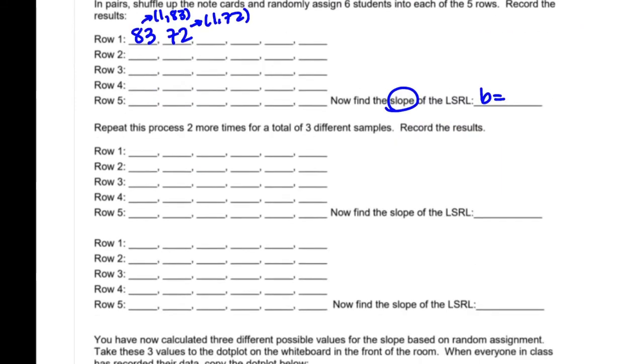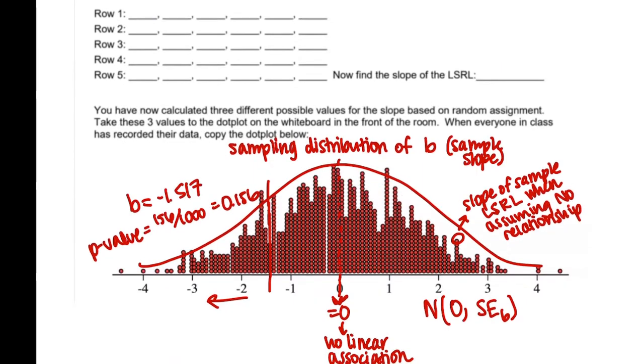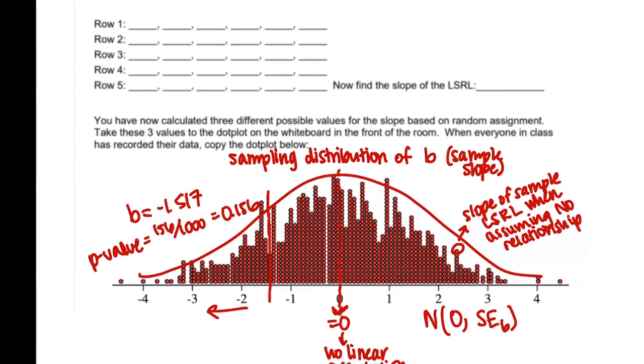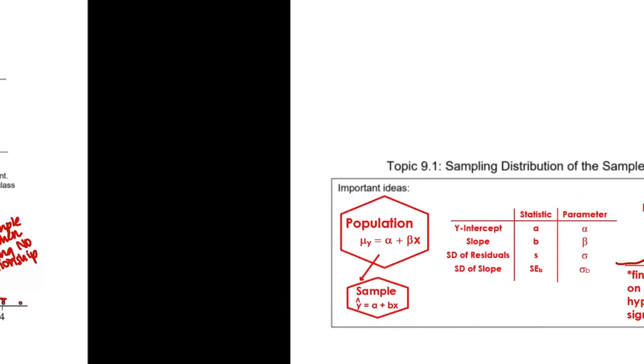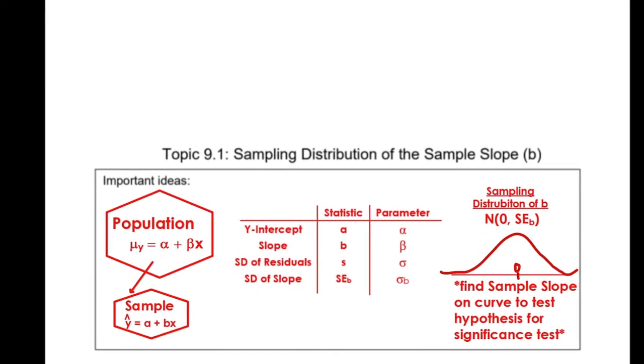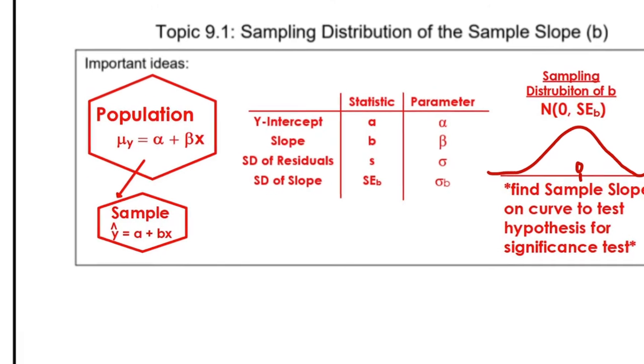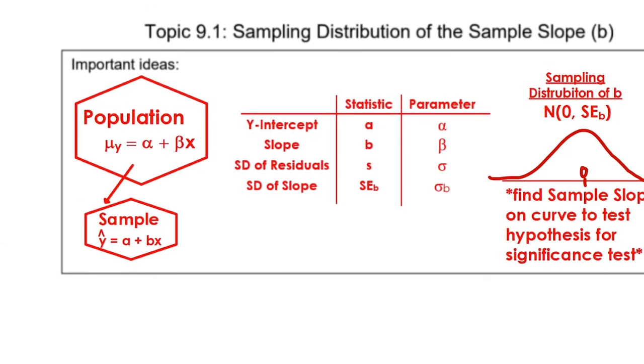But we did not have convincing evidence because in our sampling distribution simulation, we got a p-value of 0.156, and that's bigger than any alpha. So our notes here are just going to be pretty quick, just reminders of what a sampling distribution is and some symbols. So basically, just the important ideas are that we have a population,